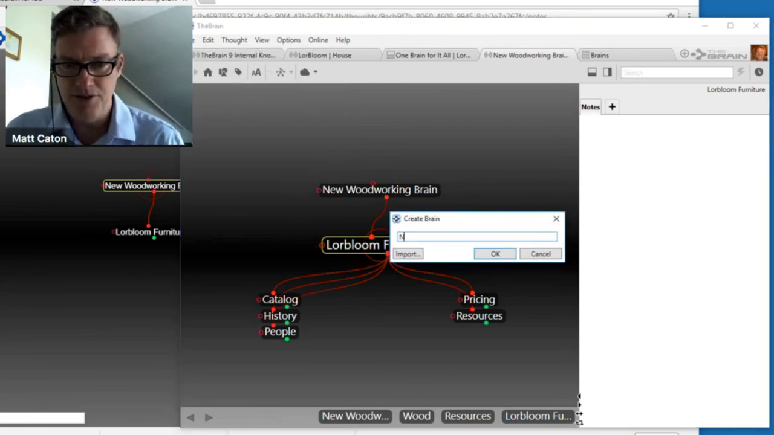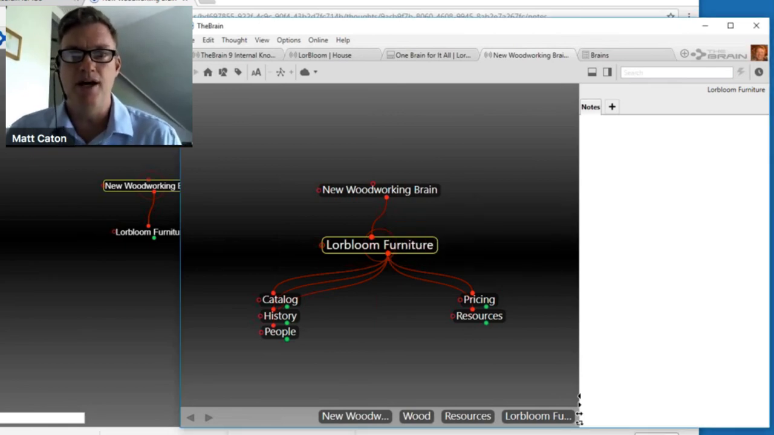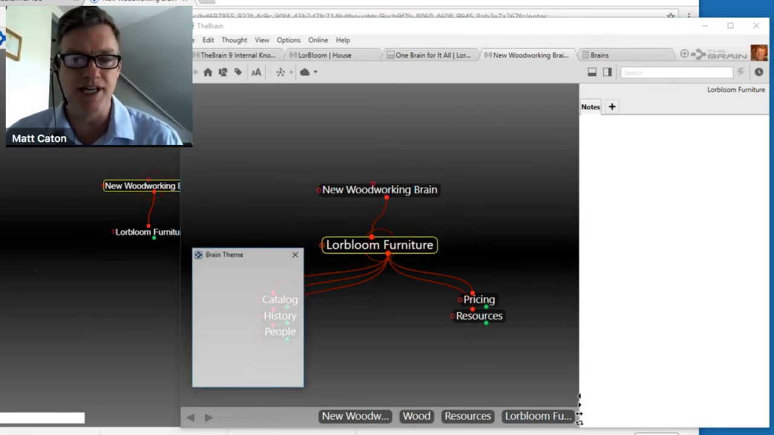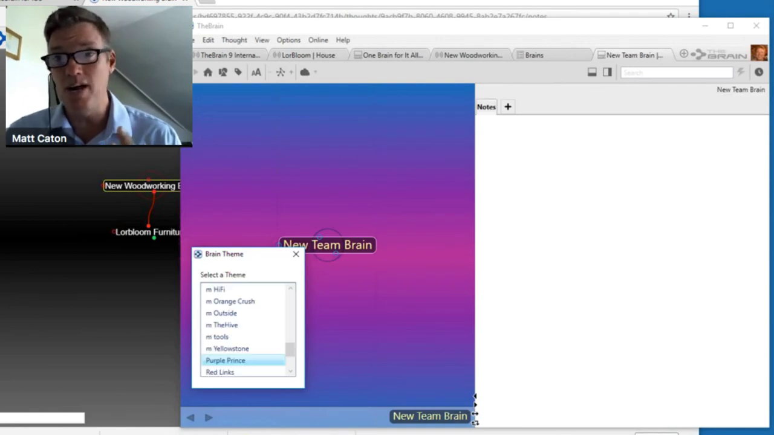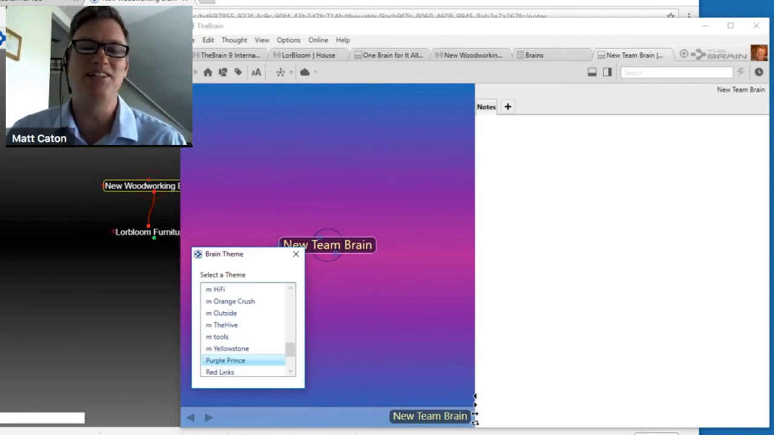We'll call this New Team Brain. So, a brain that I'm creating that I'm going to be sharing with a much larger team. And notice also, when you create a new brain, it randomly selects one of your existing wallpapers. Sort of a fun feature,